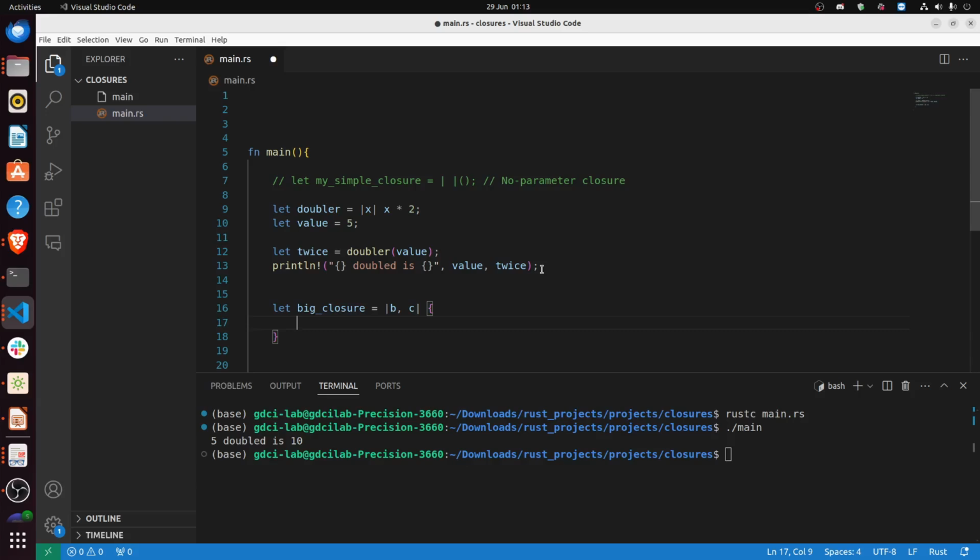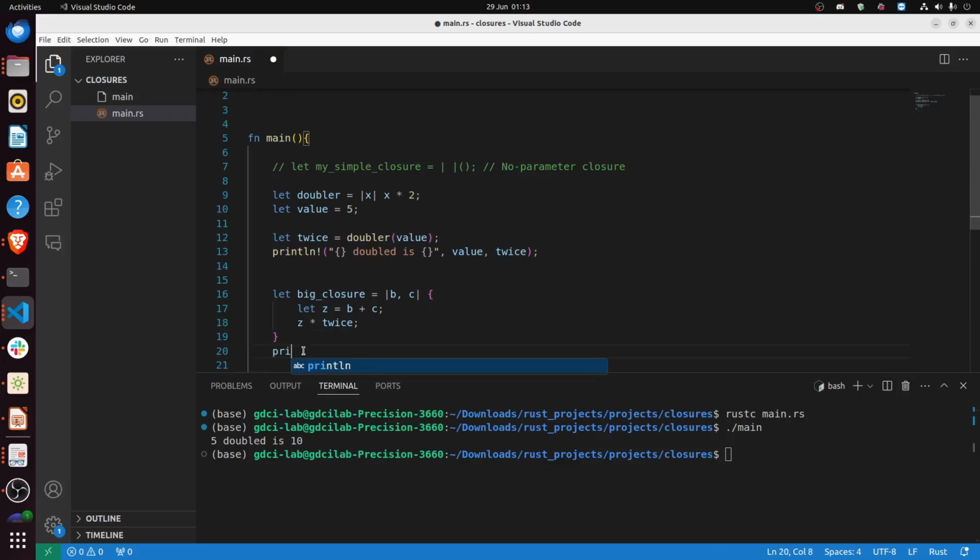And in the body, we are letting a new variable z equal to b plus c. Okay. But then we don't stop there. After you get z, you want to multiply it by twice. We've already declared twice here, which is the result from the doubler. So if we print this,